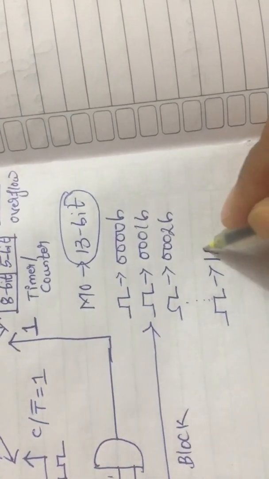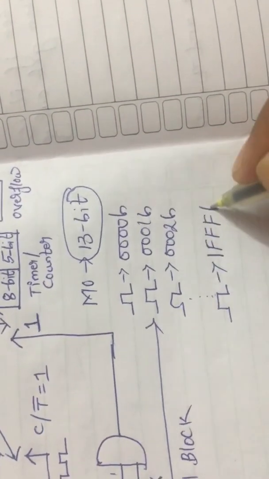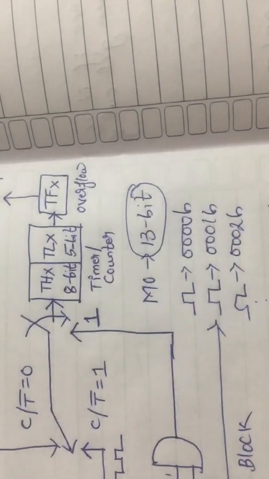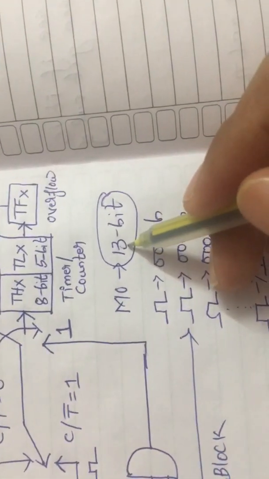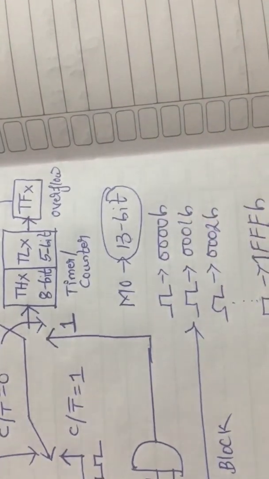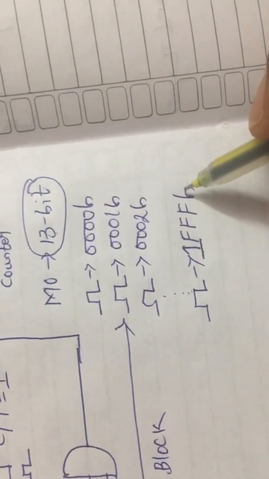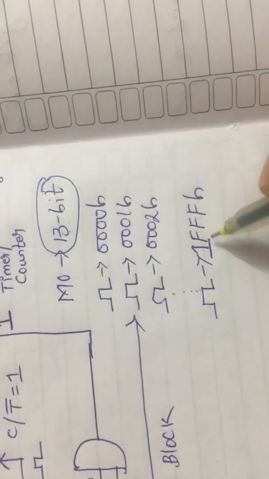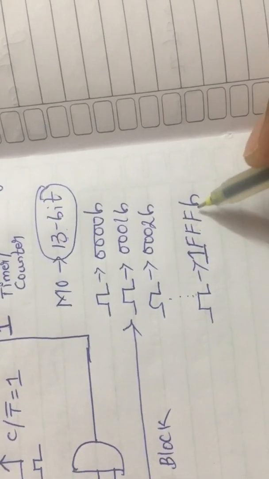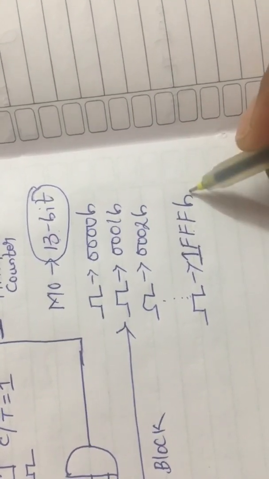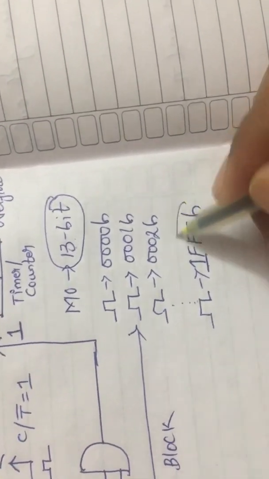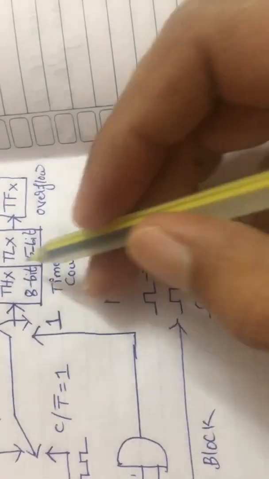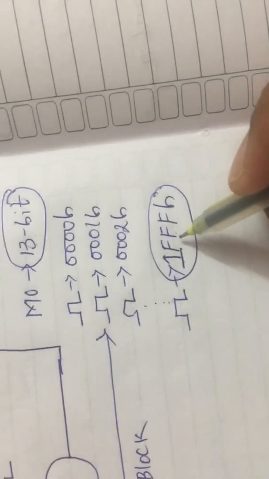1FFF H. So this is the final value this mode can take. Because the value is 13 bits wide; if it were 16 bits wide, the maximum value would be FFFF H. So since mode 0 is 13 bits wide, the maximum value it can take is 1FFF H. Okay, so when the value of THX and TLX becomes equal to 1